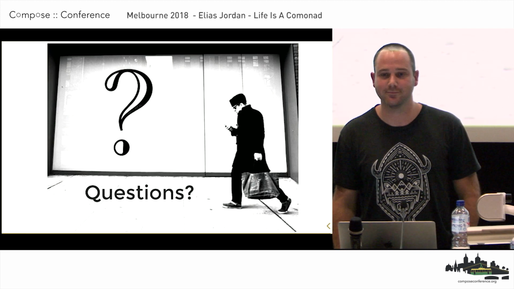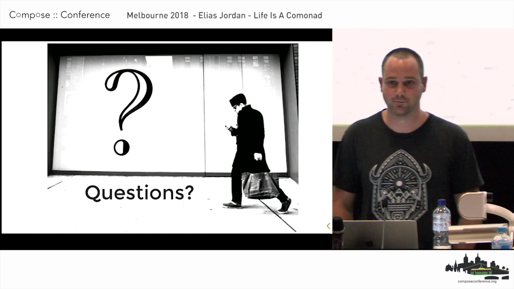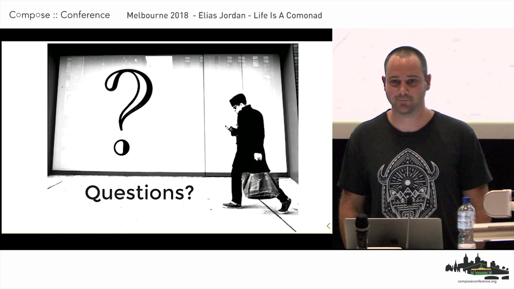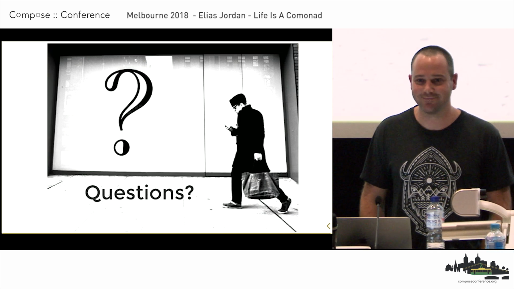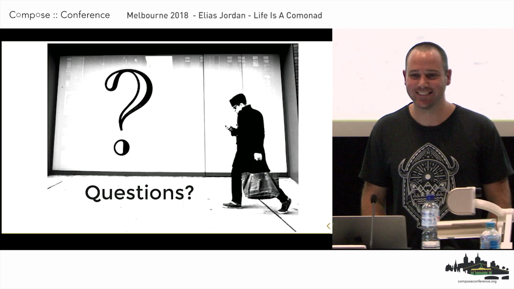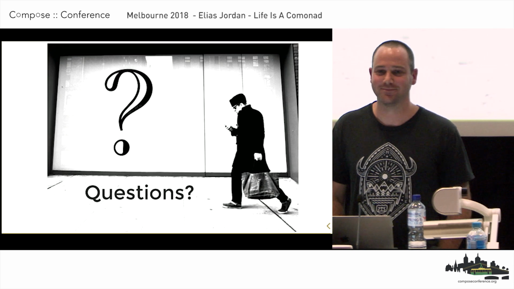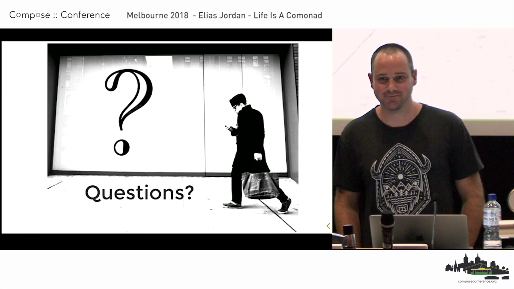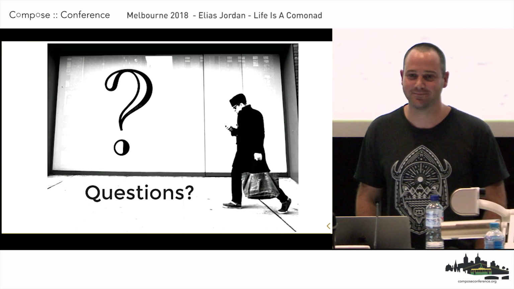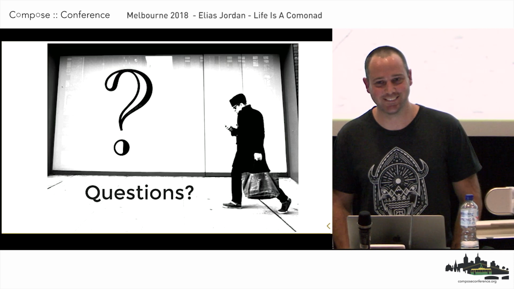My question, so that was, to me, a really good explanation of Comonads. And my question is about explaining Comonads, if that's all right. Sure. So you're down at the pub, and someone asks, what's a monad and what's an example? And you say, well, you know how when you have a list of lists and you collapse them down to a list, and then everyone says, yeah. You can get through that pretty quickly and easily. Do you have a similarly easy explanation for Comonads?